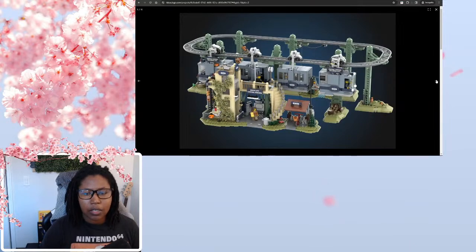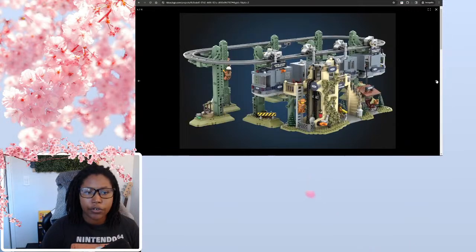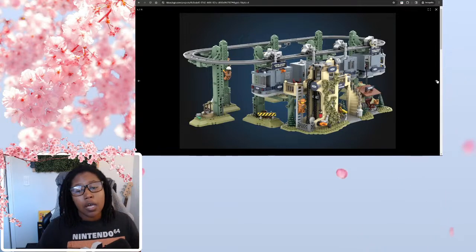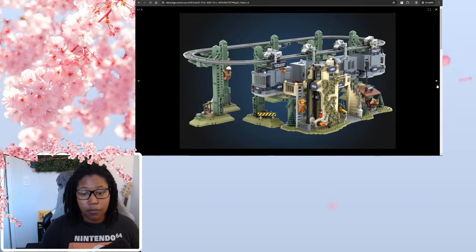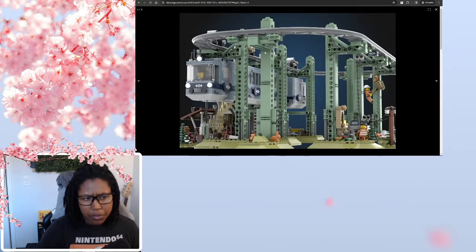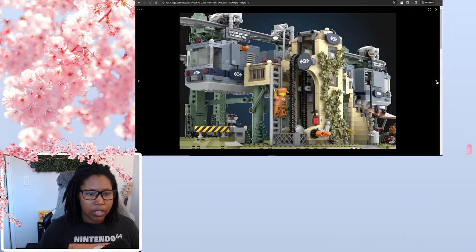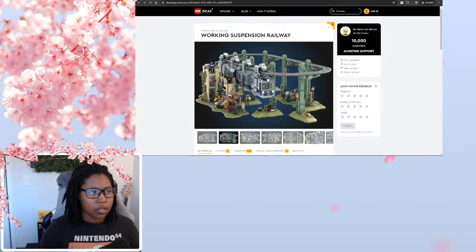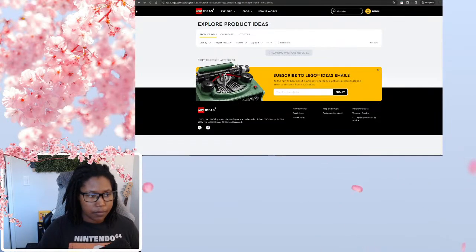I'm not loving the colors. It feels very much like underwater to me. So if Lego was to choose this as a set to redesign and submit for an official purpose, I would say maybe we could recolor these so that the colors aren't so muted. I feel like it's a really nice set. There's a lot going on here, but like I said, it feels very much like under the sea. Okay,